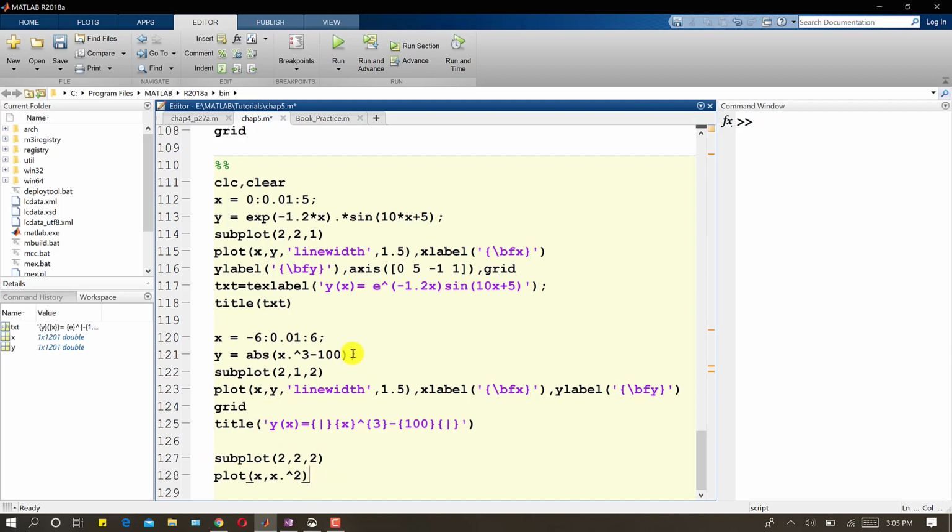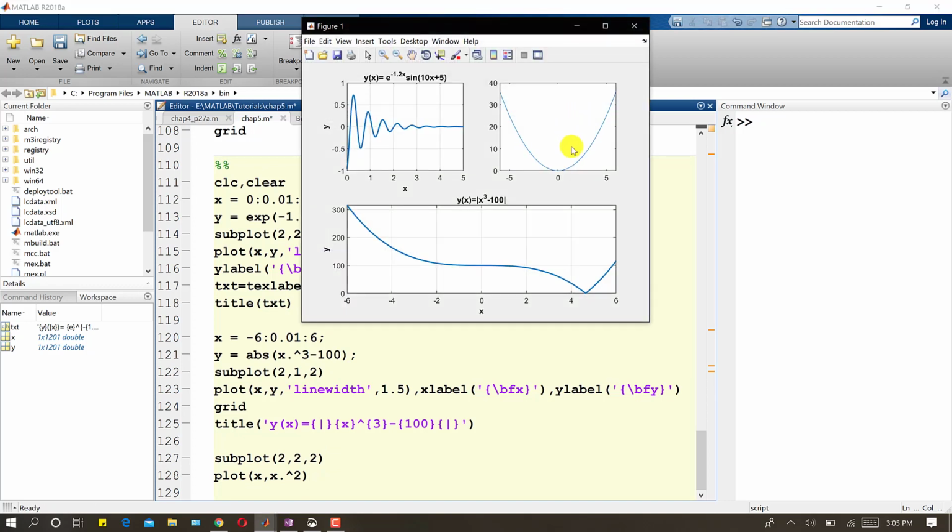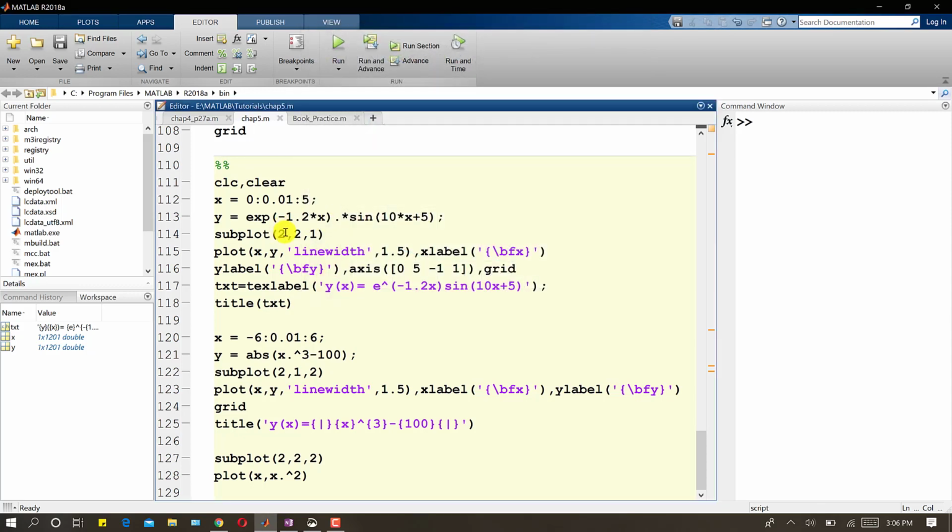If I write this and run this, as we can see, this is the third plot here, right? So this is subplot 2, 2. And now if we want to have 2 plots here and 1 plot here, what will we do? I want to have this plot as a complete plot here, right? So for that one I will write 1 row and 2 columns, and that one should be the first subplot, right?